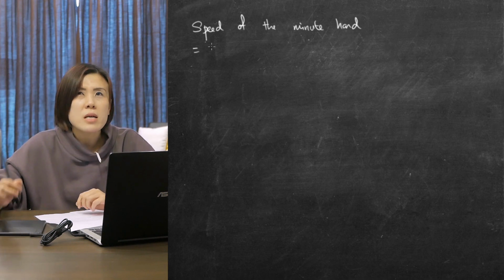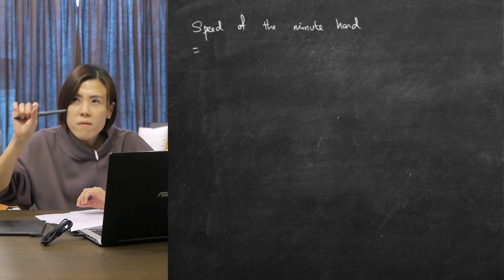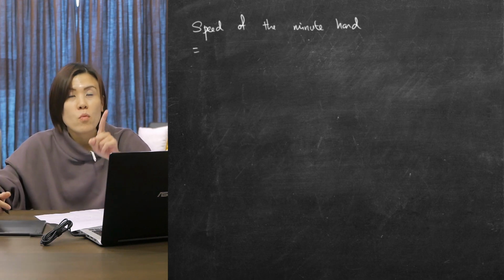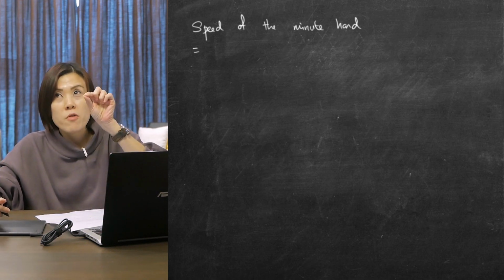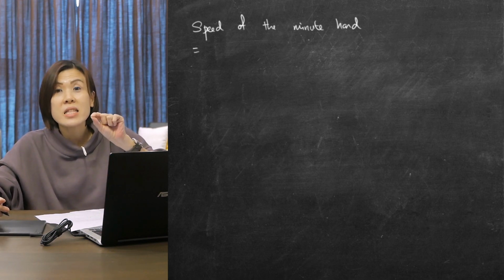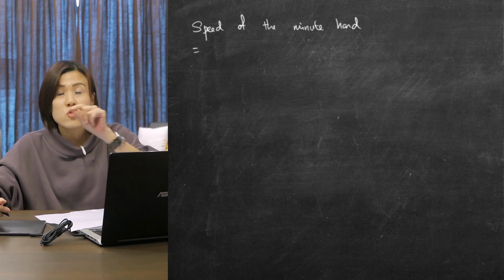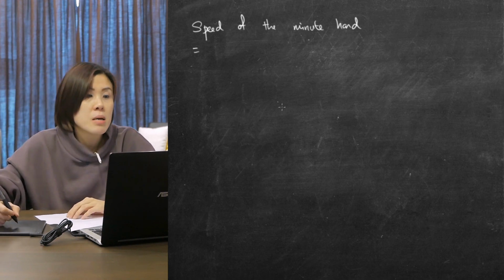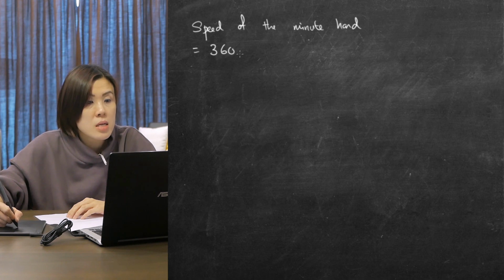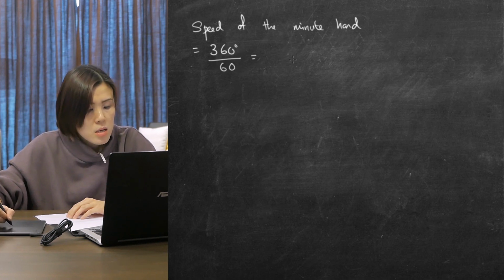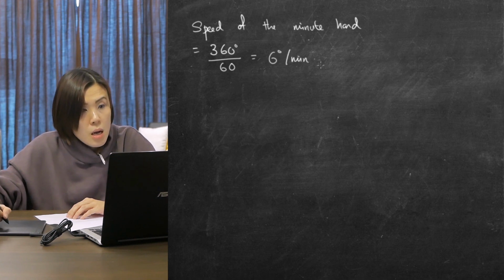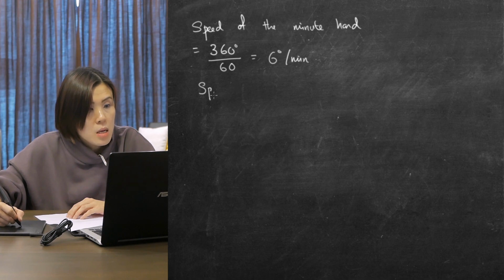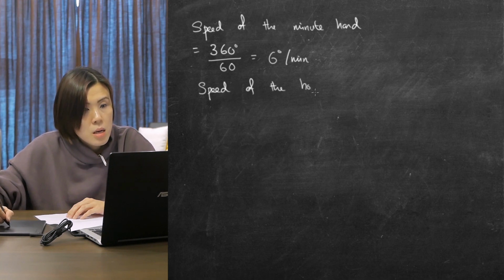So we know that the tip of the minute hand travels one circle in 1 hour, which means it travels 360 degrees in 1 hour. It travels 360 degrees in 60 minutes. So I'm going to use 360 degrees divided by 60, and we have 6 degrees per minute. And as for the speed of the hour hand,